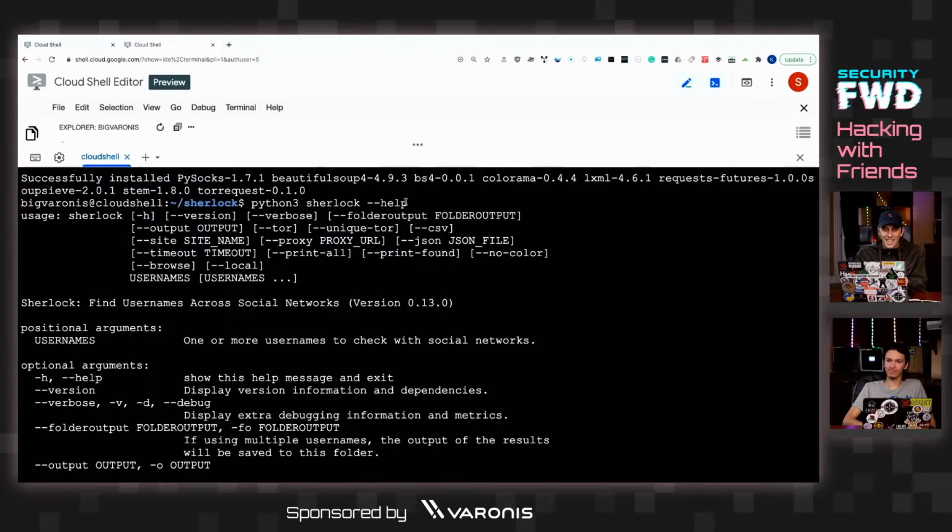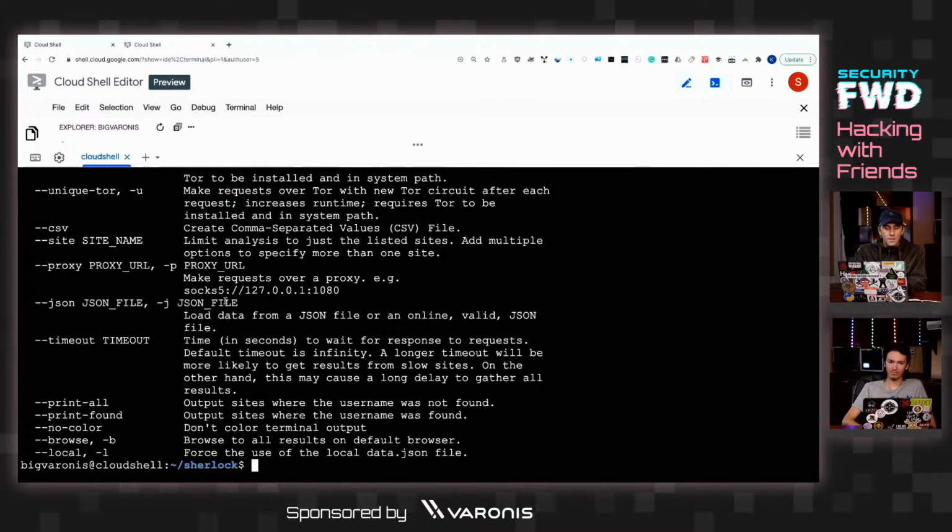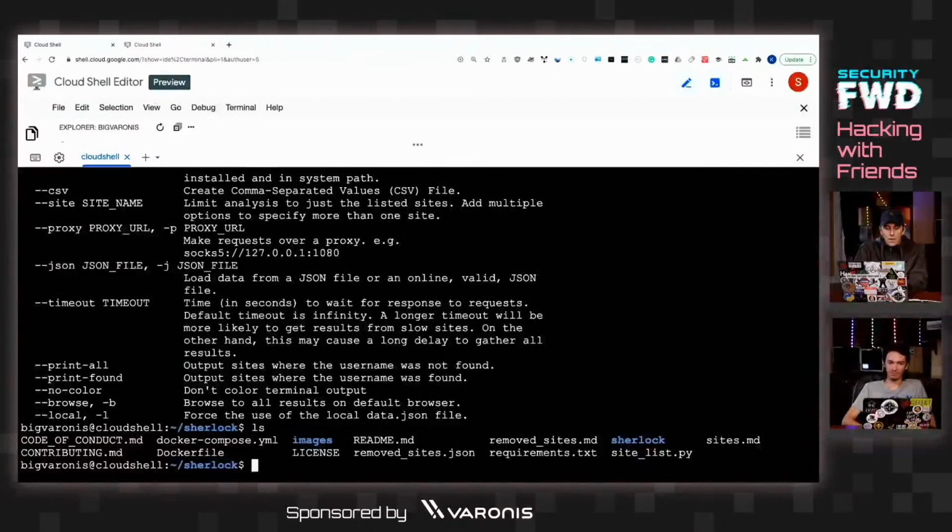So we can see CSV is something we can specify to make sure that it's saved as a comma-separated value file. And also it looks like we'll need to use output in order to specify what the output is going to be. So let's go ahead and run, we'll type ls, so Python 3,